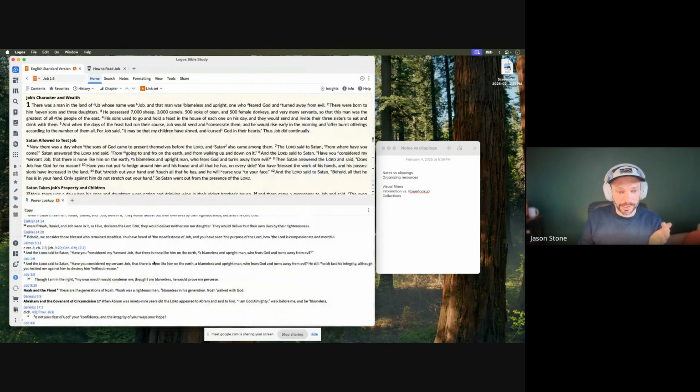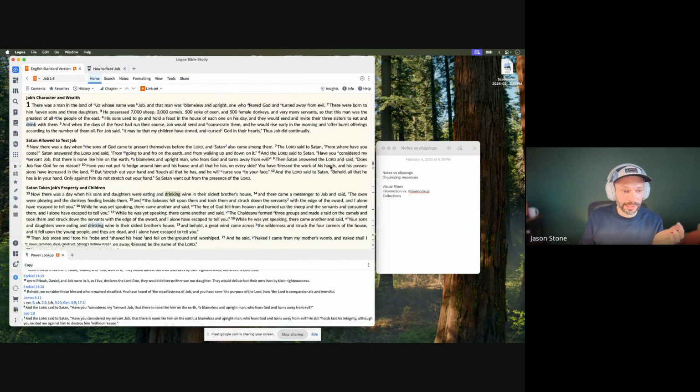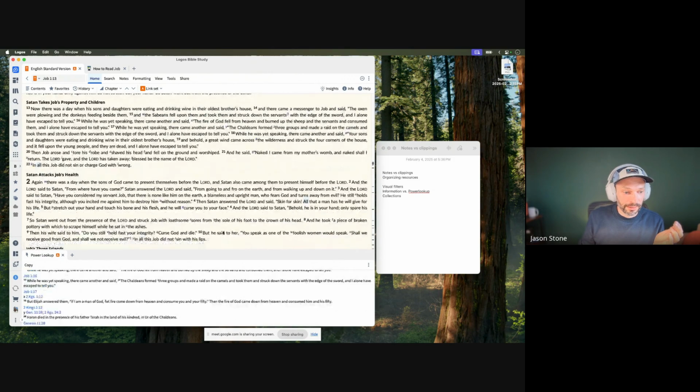The English translation of your Bible probably has it like this more commonly. As you're reading through your Bible, it's going to give you all of your footnotes.